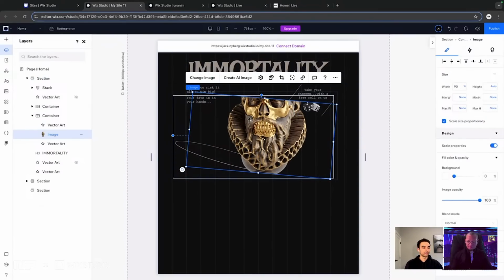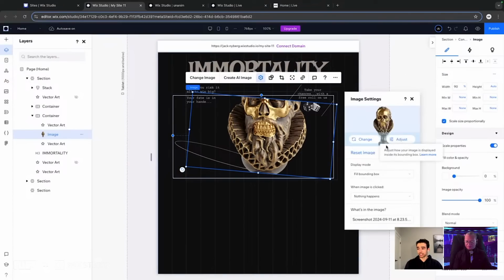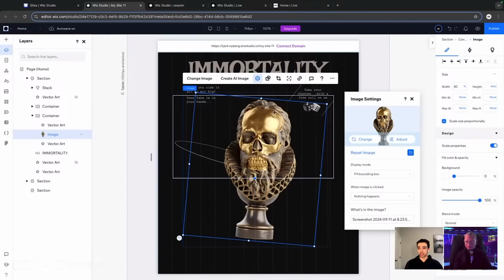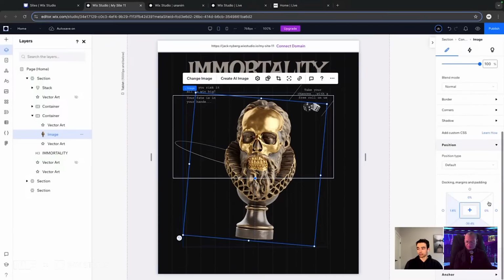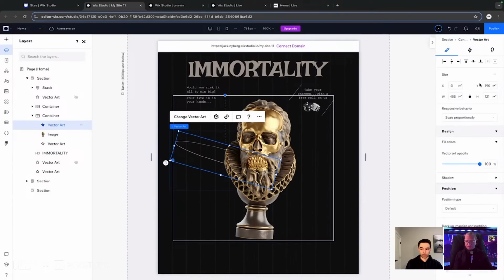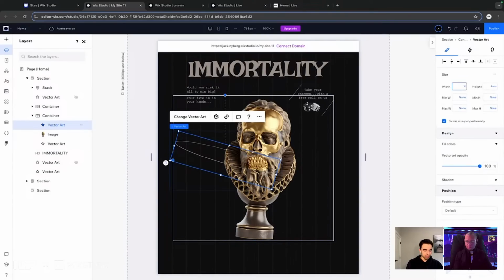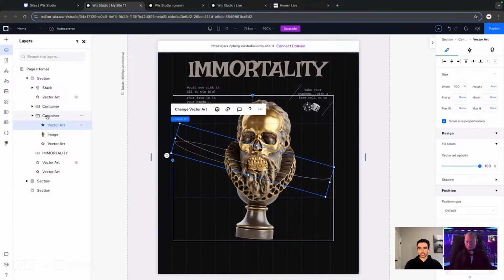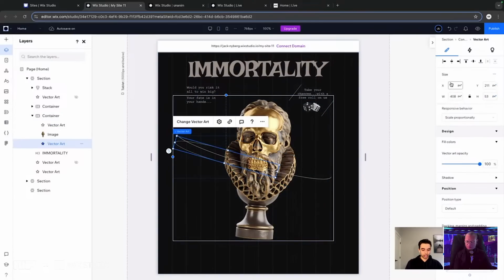Now you'll see that it's cut off, and this happened to me a lot actually. Now, what we're going to do is grab this and hit reset image, just like so. That's going to stretch it out and make everything fit nicely. Now you'll see it's anchored to the bottom here. We want it to be anchored to the top actually, and that's going to stretch our container out, which looks good. Now we need to stretch out our vector art as well. So we're going to stretch it to about 100%, something like that,